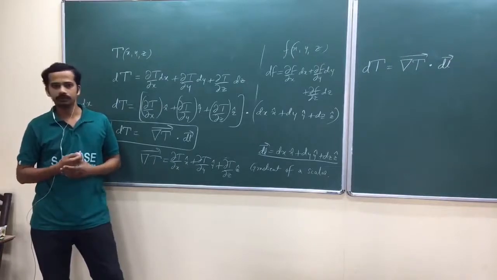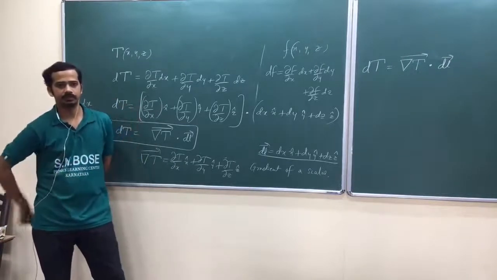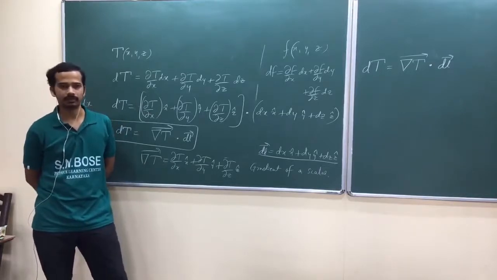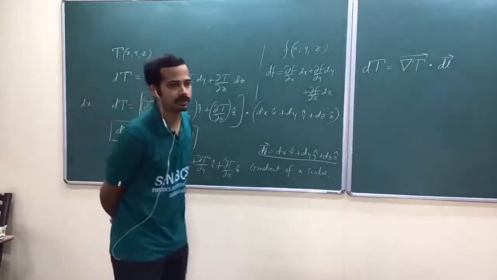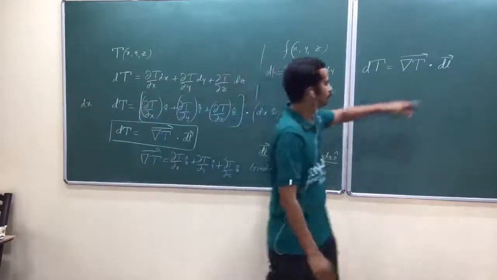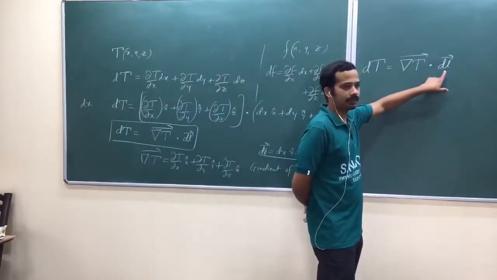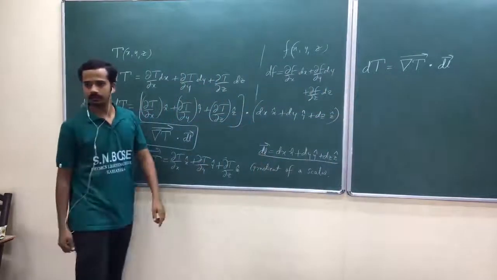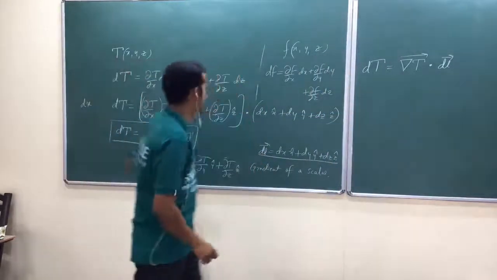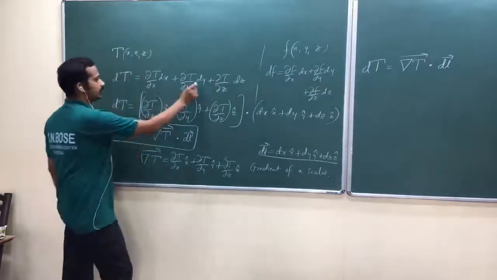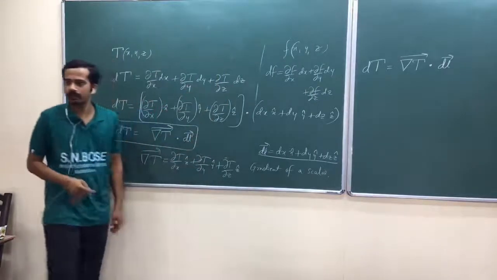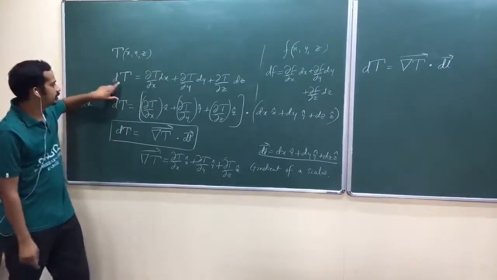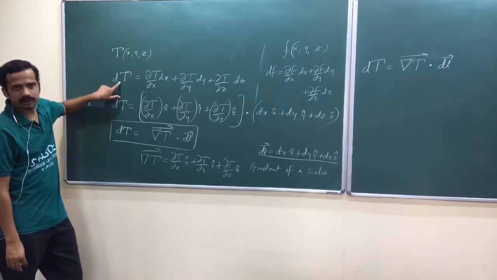Now the question, I said change in temperature. When we are talking about change in temperature, I mean you have to move in space, am I right? If you have moved in space by this displacement vector, this is the change in temperature. You got to say like that. Is that okay? So now wait a second. Let me start with this one. dx, dy, dz, those are changes in x, y, and z. Am I right? So now, what is this one? This is the change in temperature.